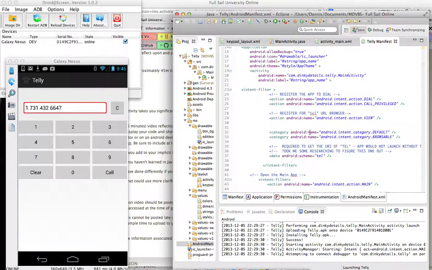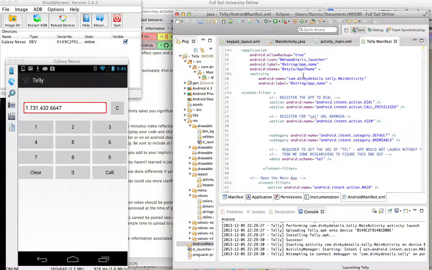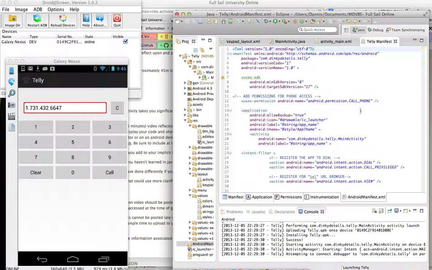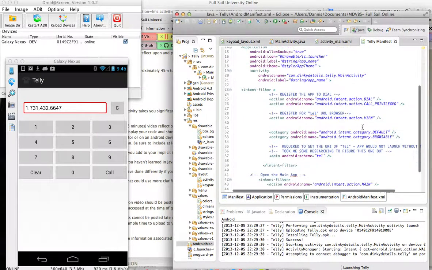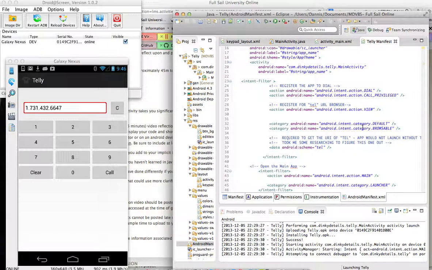we have the action dial call privilege, and you can't forget to put all the user permissions here for phone. But I was having problems where I couldn't get the phone to show up as an option on the launcher. It would work if I clicked on it from the web and then it went to the phone app and then I chose options, I was able to choose a different app, but it wasn't prompting the app in the beginning.